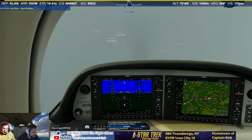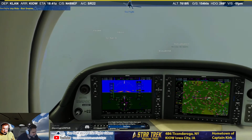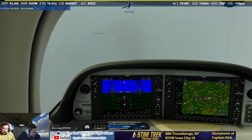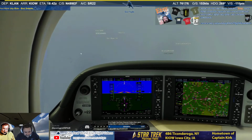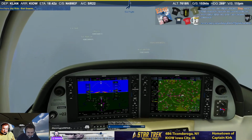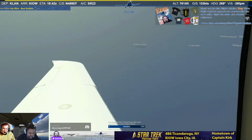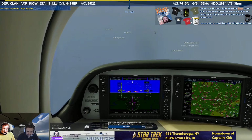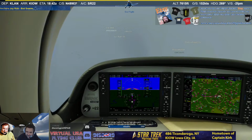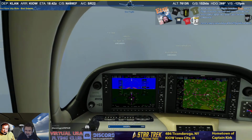Just came out of Lansing and we are on our way. And I don't want to say this too loudly, but it didn't crash the desktop. So it's looking really good. Sorry about that flashing there. I had to move some windows around. All right. To the Victory VOR. And that scenery is definitely the cause of those crashes to the desktop, which I posted on flightsim.tl because it's freeware. And I told them, you know, I'm not going to rate it, but we're having problems with it. So, don't know what they're going to do with that, but...